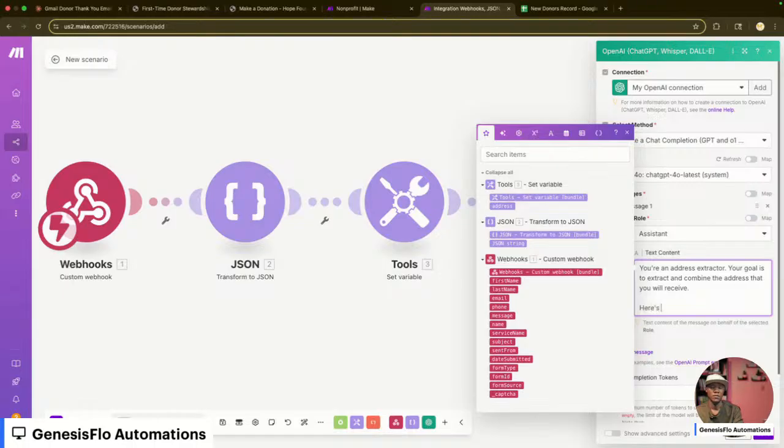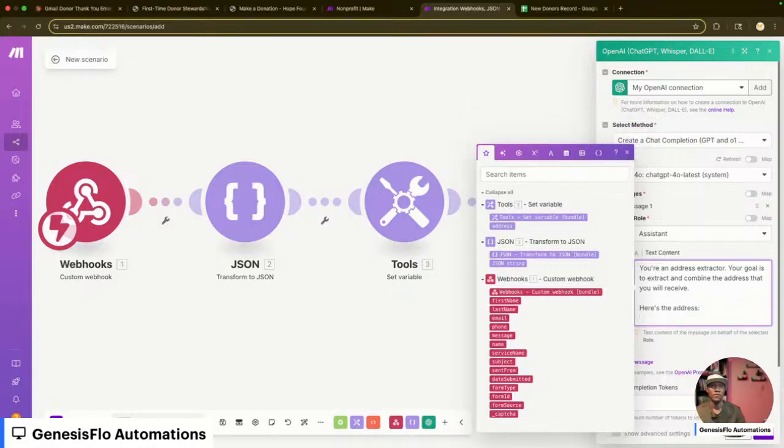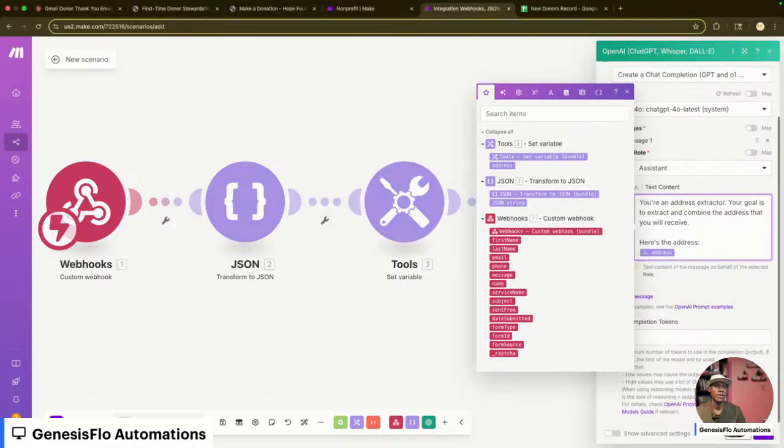Here's the address. So what we'll do, we'll take the address and put it in there, and then we're going to save it.